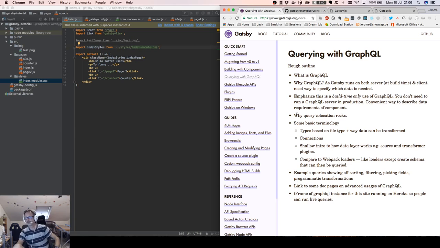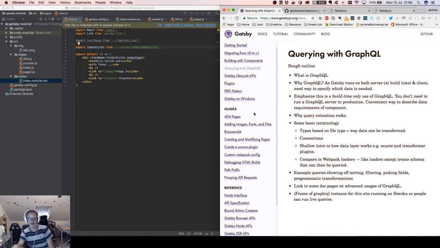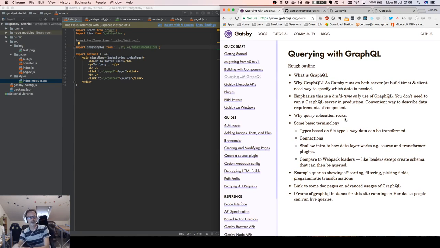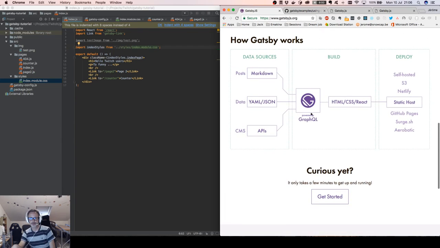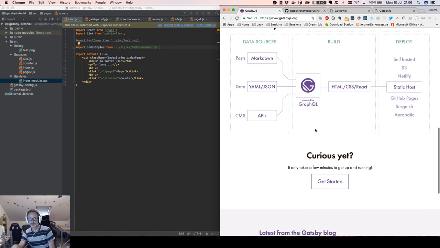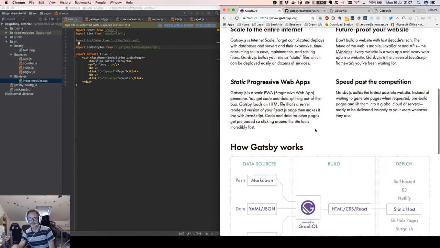So maybe I will do another session when I will have more information about that, because okay, it's working with static site, yeah, okay, but as we can see on the home page, they speak about GraphQL here, which can be post written in Markdown, data coming from YAML or JSON, or any APIs. So yes, I'm curious about that part, because I think it's, yeah, the missing point to be a pretty cool builder for static pages and